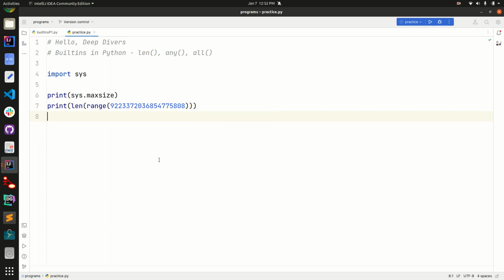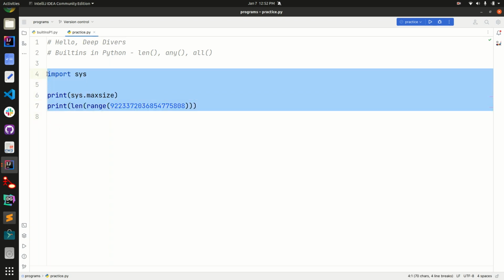You will encounter an overflow error when you reach the limit of the max size. I mean, when you give more than your system's max size. You can find out your max size using sys.maxsize.